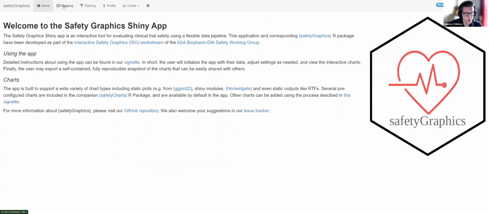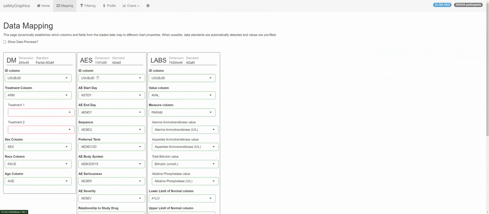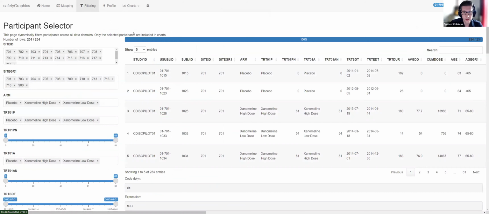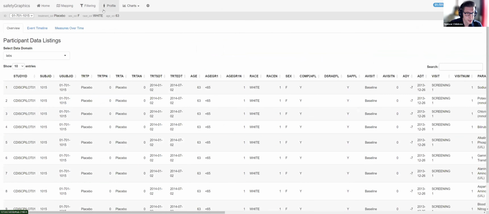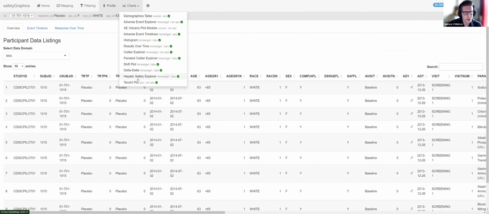This might look familiar if you've ever played with the app, but you can map your data, your columns. You can filter, set an analysis population. I don't want to steal Natalia's thunder, but you can look into individual participants,